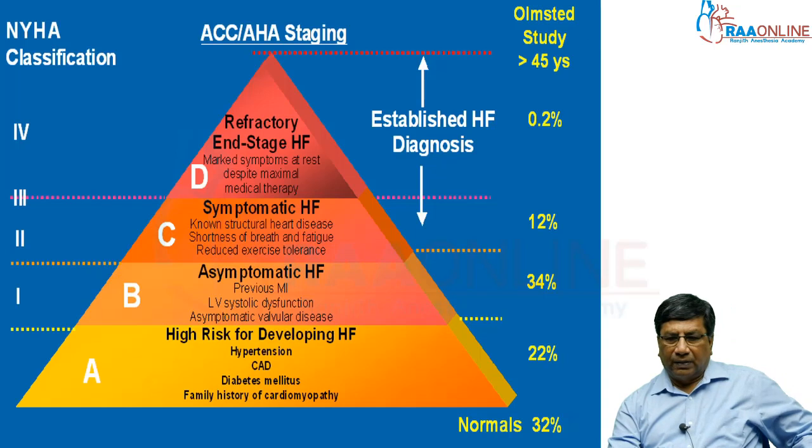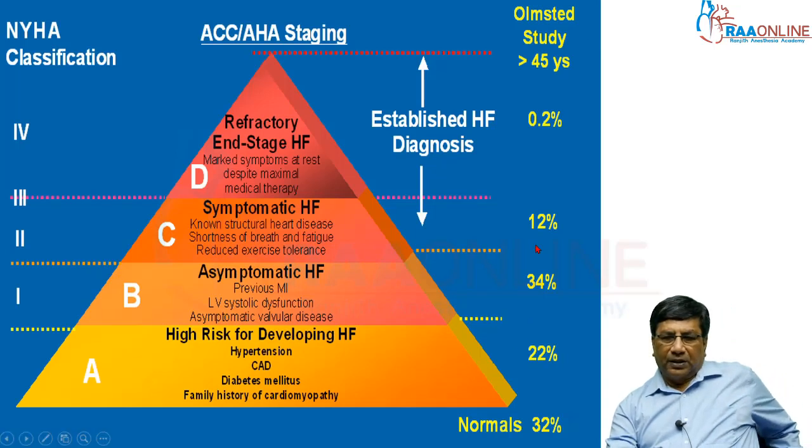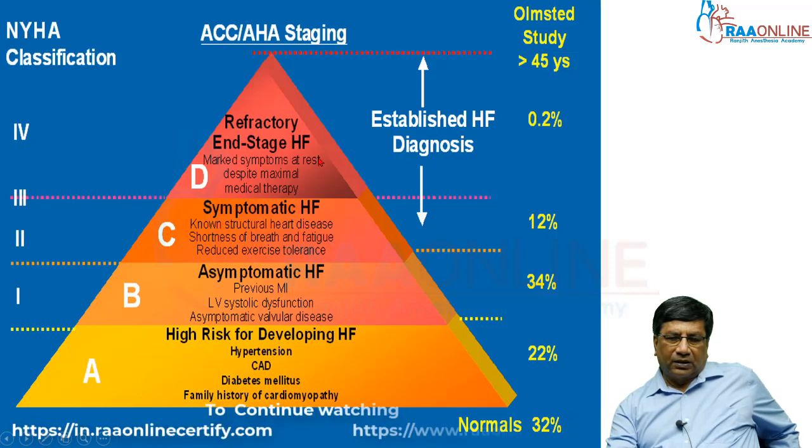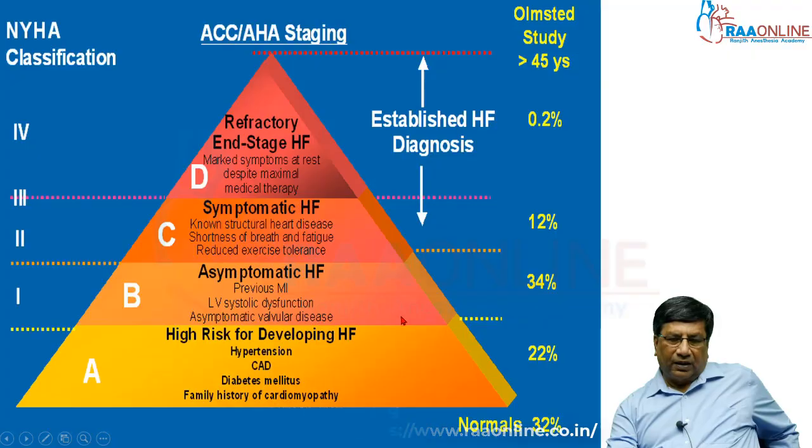Now, you can see the patients more than 45 years, and the established percentage, the prevalence, and also at what stage they are in. Stage A heart failure is 22%, asymptomatic is 34%, symptomatic heart failure is 12%, and refractory heart failure is 0.2%. So, you can see that the majority of people are in these two groups, that is, at risk of heart failure or already